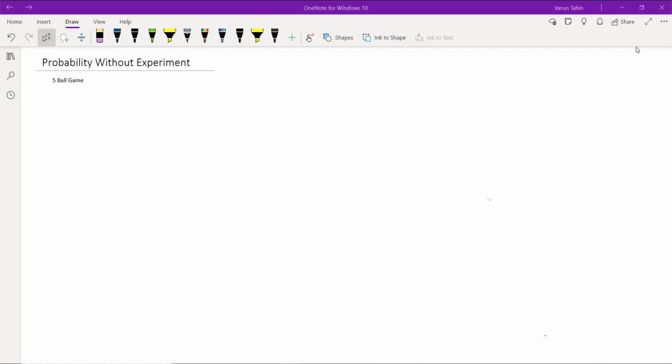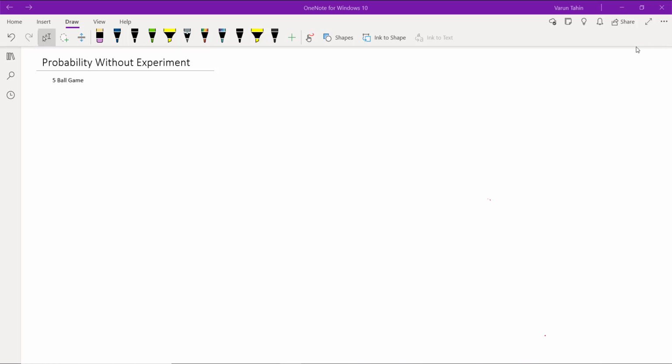Now let's say that we don't have enough time or resources to conduct such experiments. Can we still find a way to figure out the respective probabilities without conducting any experiment? We will find out the answer in a while in this session while studying a part of discrete probability distribution known as binomial distribution. So right now what we will do is extend our previous session and find answers to